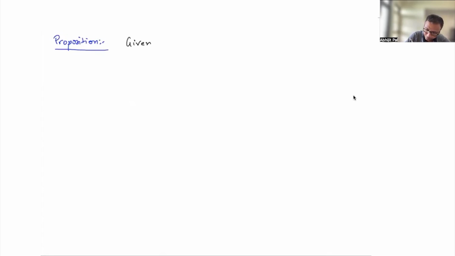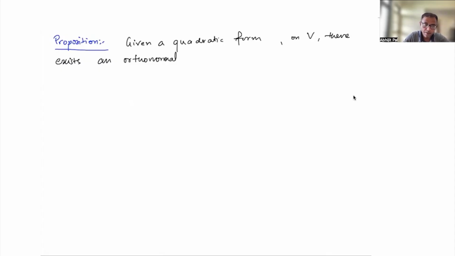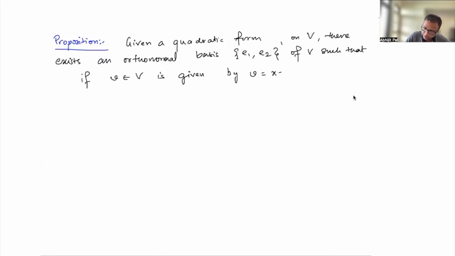Given a quadratic form Q on V, there exists an orthonormal basis e1, e2 of V such that if v is given by v equal to x e1 plus y e2, then